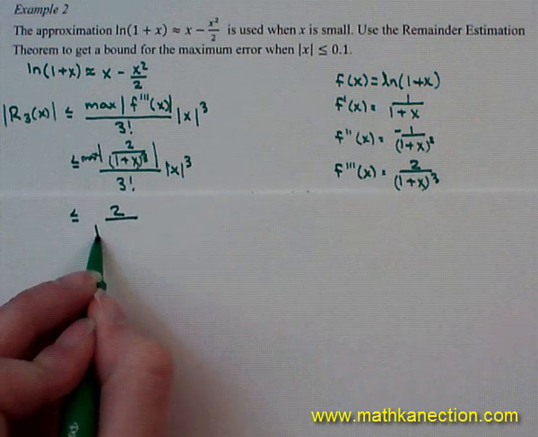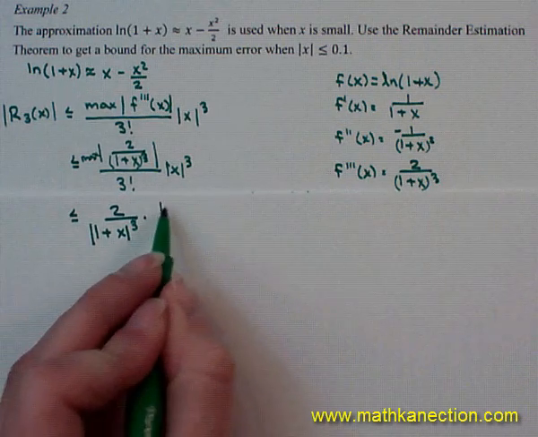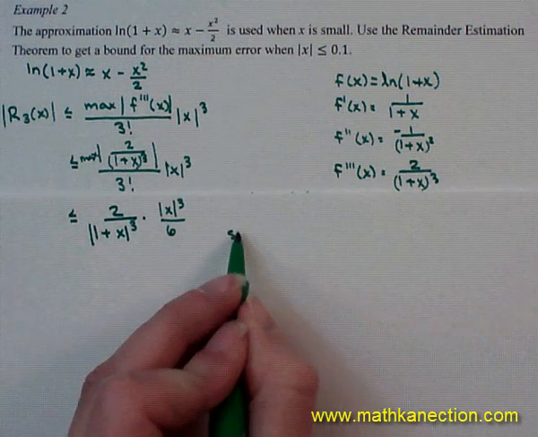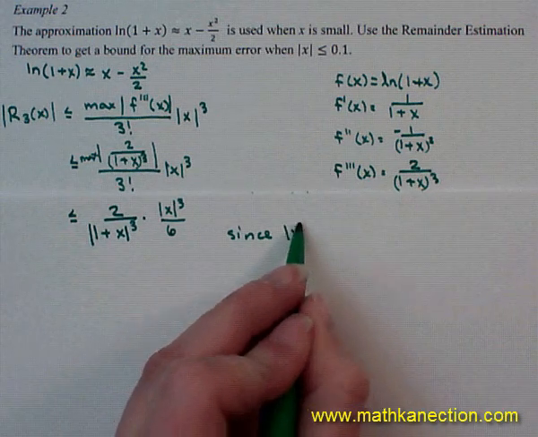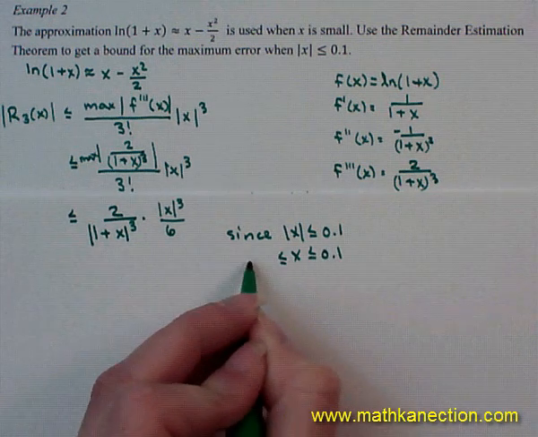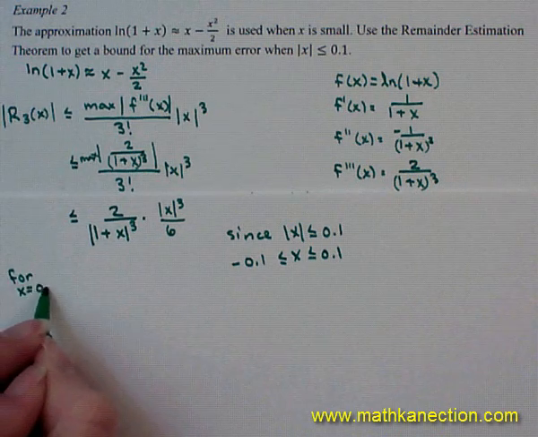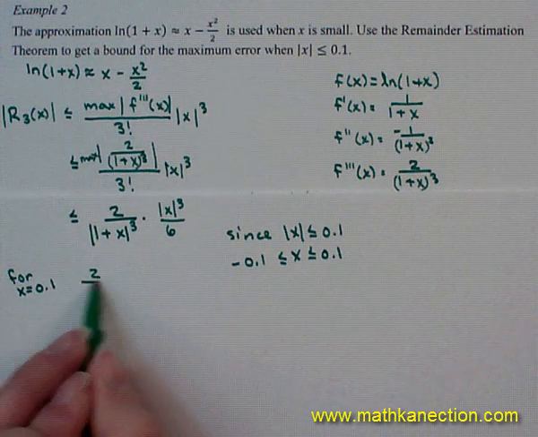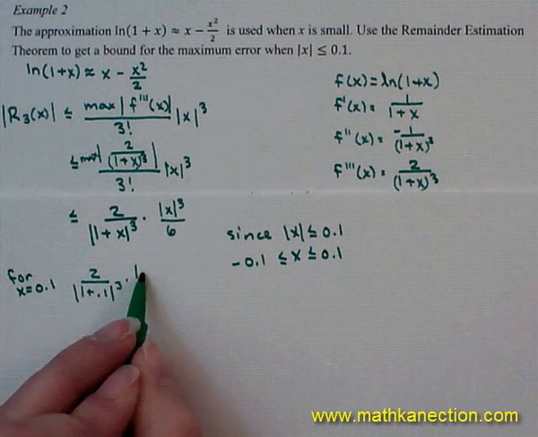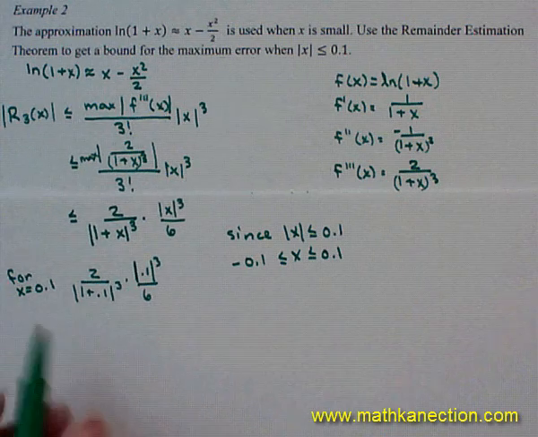To find the maximum of that, to simplify, we're looking at 2 over the absolute value of 1 plus x to the third, times the absolute value of x to the third over 3 factorial, which is 6. And since the absolute value of x is less than or equal to 0.1, that means that x can be between 0.1 and negative 0.1. So to find the maximum, we're looking at x equal to 0.1, substituting in that value: 2 over 1 plus 0.1 to the third, and then 0.1 to the third over 6, which becomes